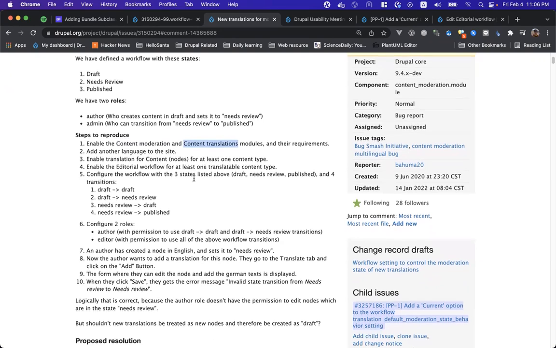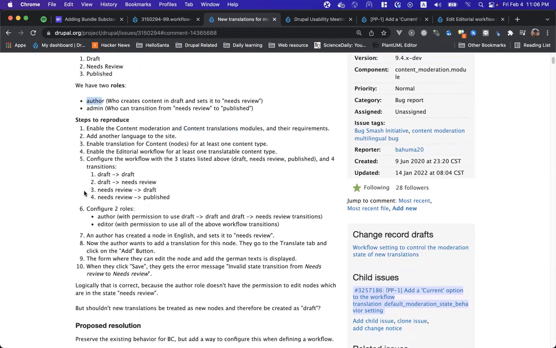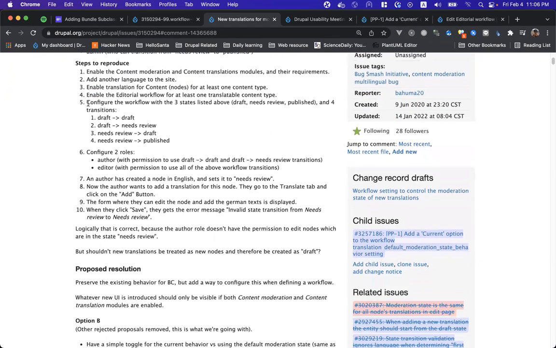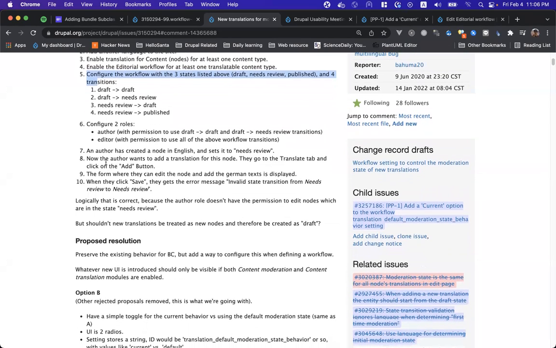When this is enabled and having two roles, which are the author and admin, and while the workflow is being set up, as we see over here, the draft, the needs review state, and published. Once the author has created the node in English and sets it into needs review, this would be okay. But once the author wants to add a new translation for this node,